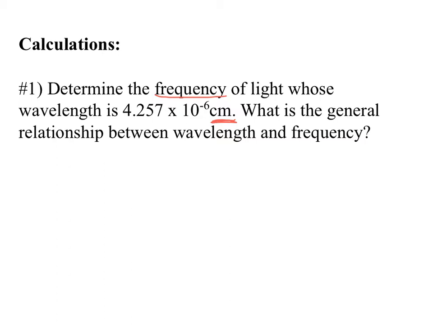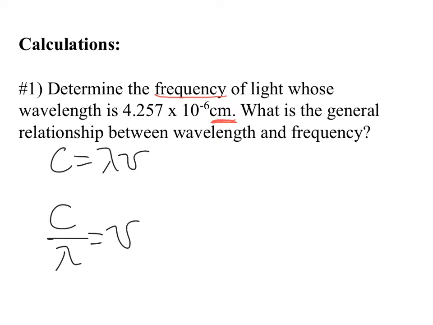So we're going to use the speed of light equals the wavelength times the frequency formula, which means that the speed of light divided by the wavelength equals the frequency. Okay, that's just rearranging the equation, divide both sides by wavelength. The speed of light, 3.00 times 10 to the 8th meters per second, divided by